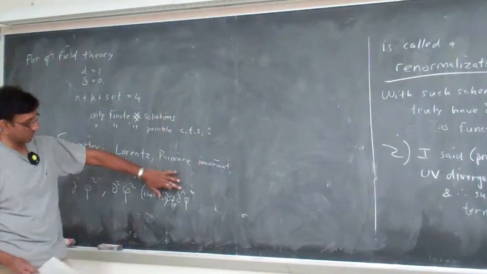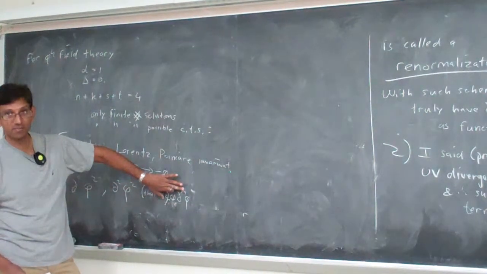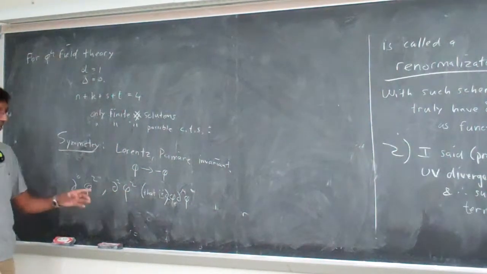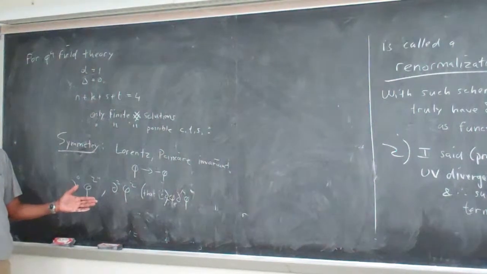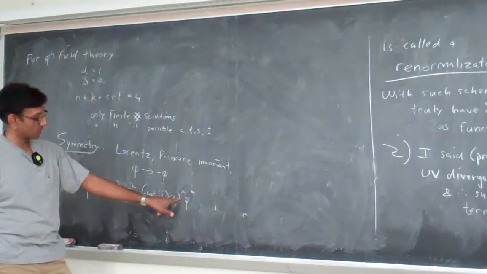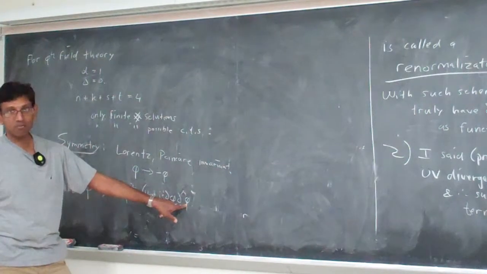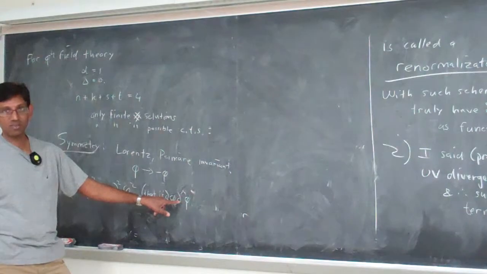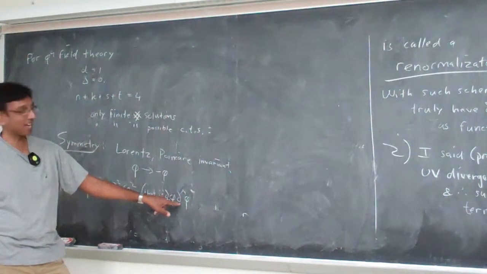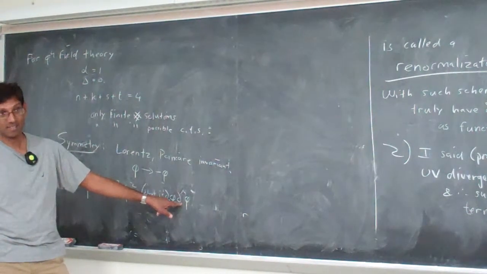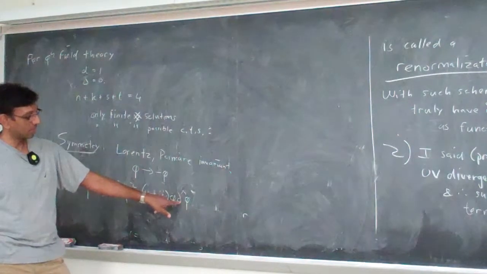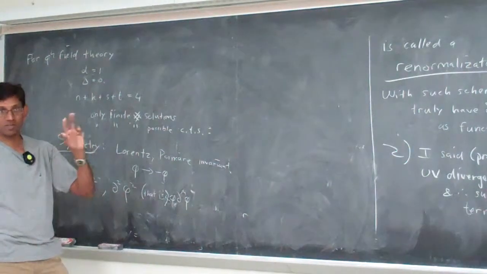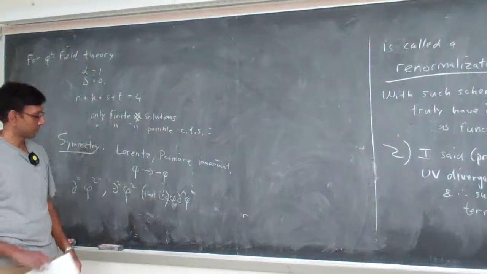You see, I have to write something Lorentz invariant to hook up these two derivatives. That's why I can't have one derivative, because one derivative would have an index that I can't hook up to make a Lorentz invariant. So I have to have two derivatives hooked up. The two derivatives could act on the same field, but by integration by parts, I can make it look like this. Okay, so I can't do anything more general than this. You can write phi, box phi, or you can write d mu phi d mu phi. They are the result of integration by parts on each other. Okay.